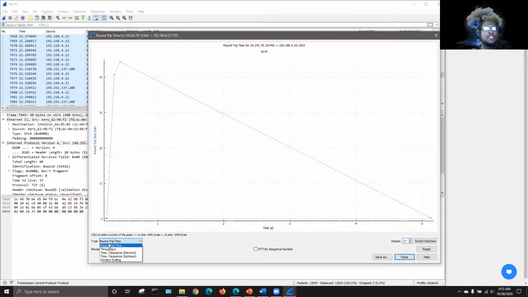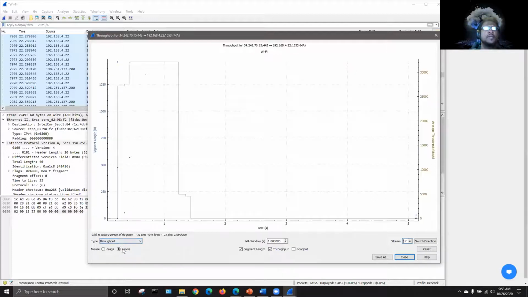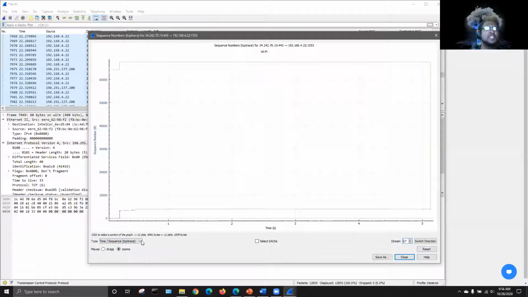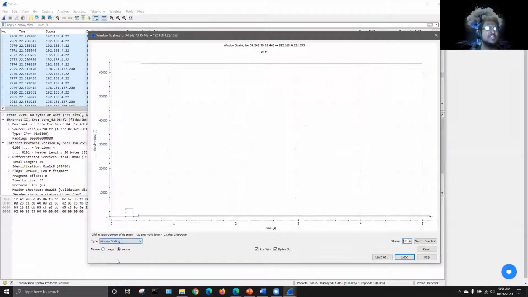And you also can choose other types of information that you want to look at as far as throughput. We looked at real time, as far as time and sequence, TCP with the TCP trace, and then you want to look at your window scaling and everything. So you can choose different ways